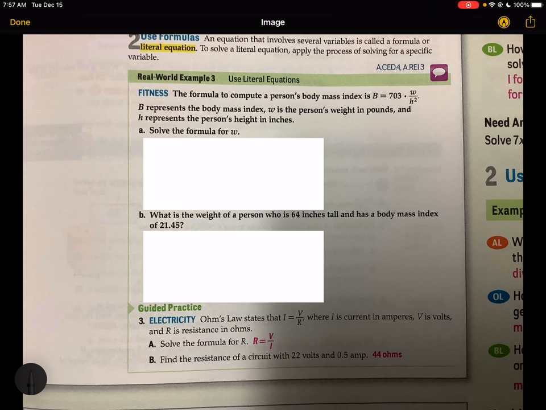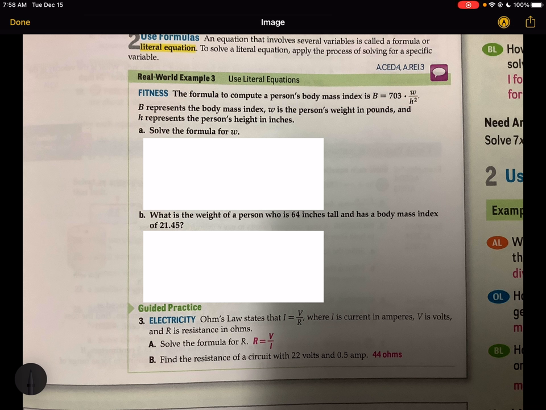All right, so the next part of chapter 2, section 7, is to solve for literal equations. All literal equations are is an equation that involves several variables and is a formula for some kind of problem. So for this particular problem, we are told